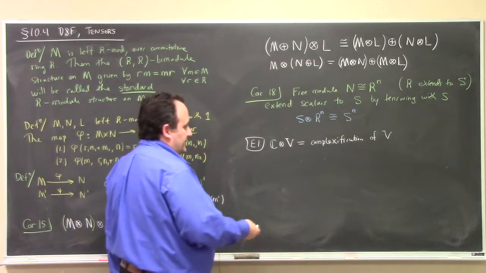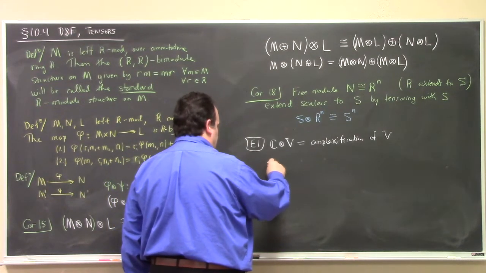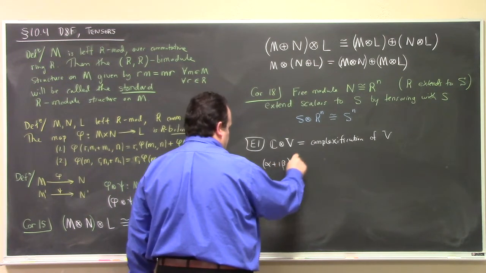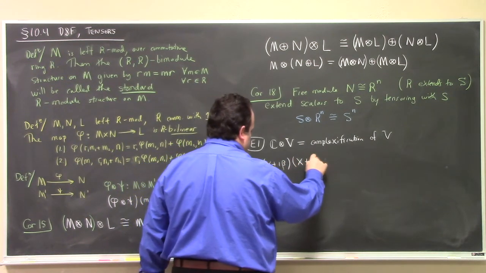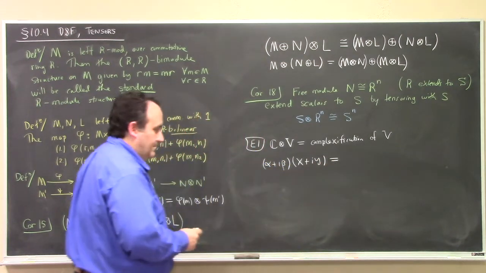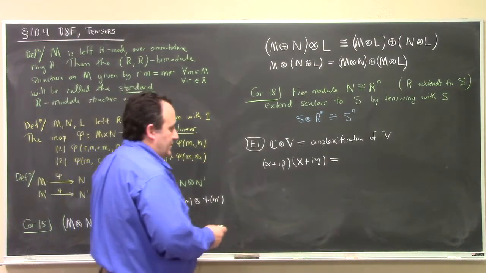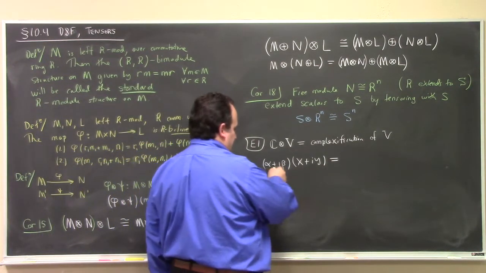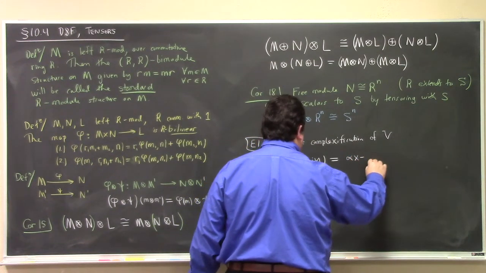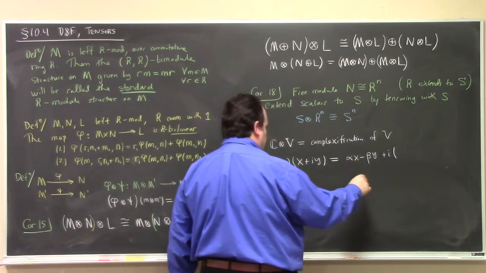Now the way that works, of course, is if I have alpha plus i beta, and I'm multiplying it by x plus iy, how does that work? I mean, it just works like you'd expect. It's alpha x minus beta y plus i times alpha y